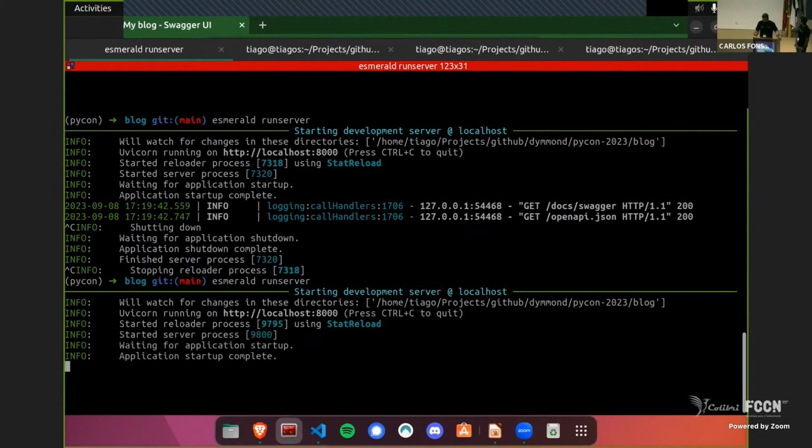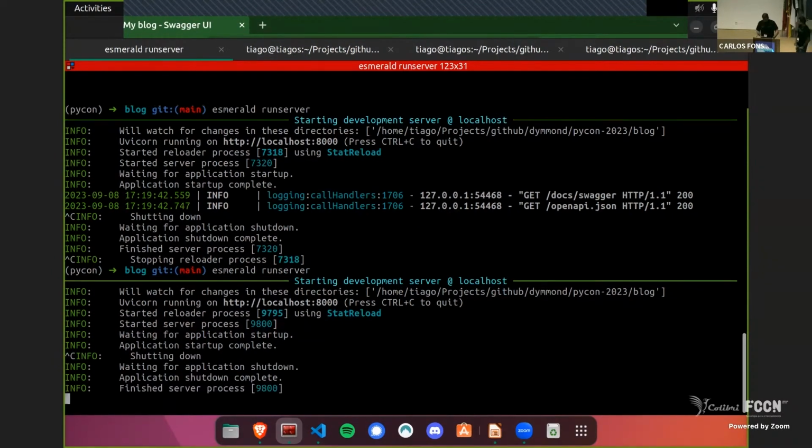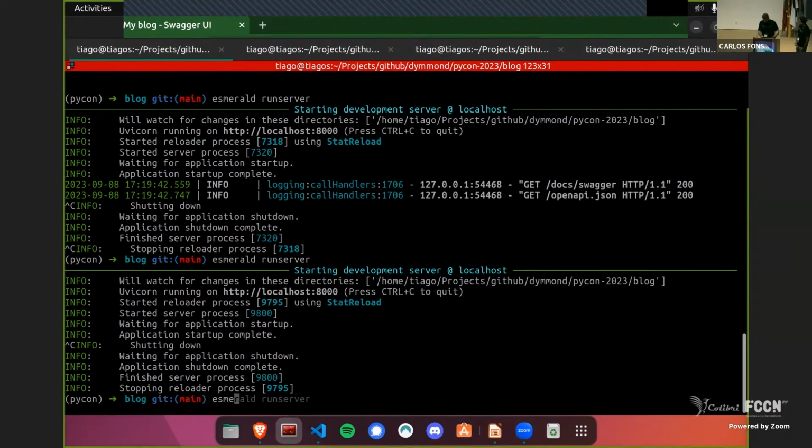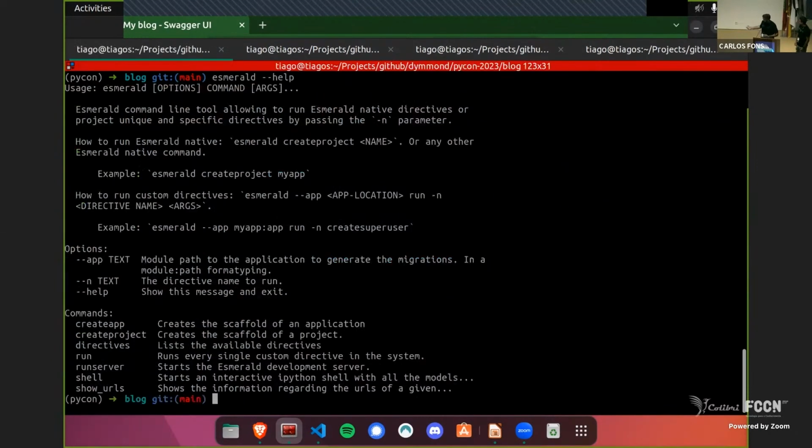Now, what is a directive? Or how can I know which directives are available in Esmerald out of the box? Like every other client, if you type Esmerald help, it tells you what you can and cannot do, including shell plus and some things that can actually help you with your development process. So let's start with